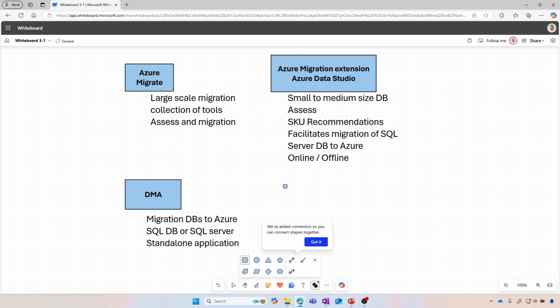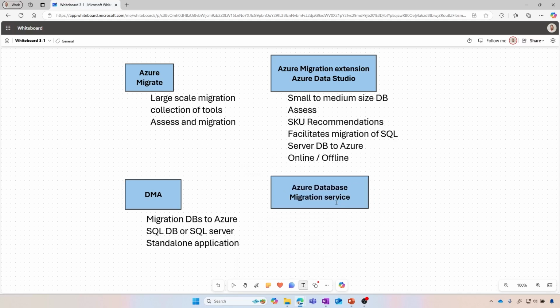And lastly, we're going to be talking about the Azure database migration service. So we're going to go a little bit more into detail as part of that one in a few as well. All right, so very interesting. Why? Help us to do